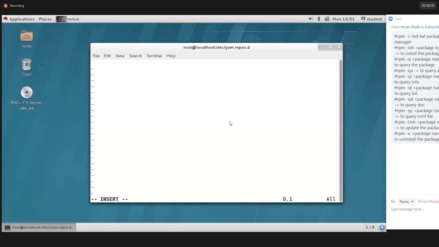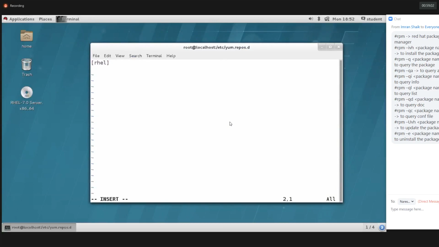It's one empty file, so we need to edit the content inside it. What type of content do we need to write? Guys, please concentrate, it's very simple. I'm creating the repository ID. Open the square brackets and give the repository ID name as rhel; you can give any name.